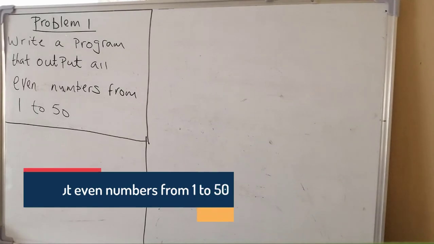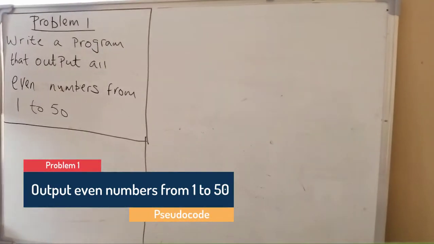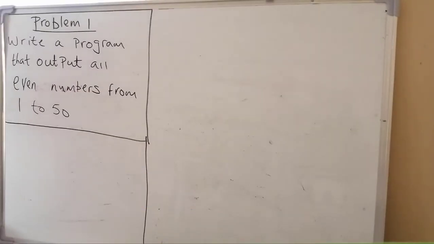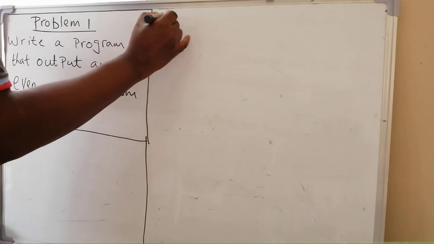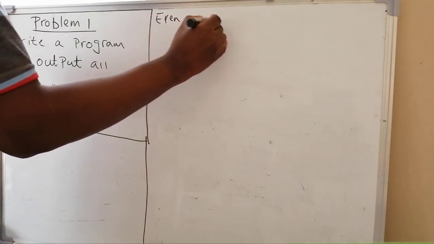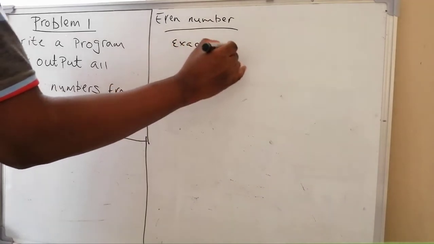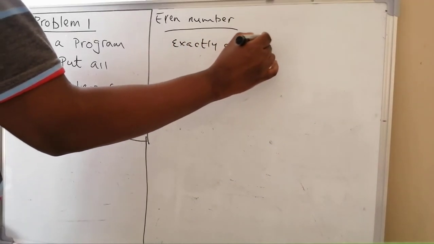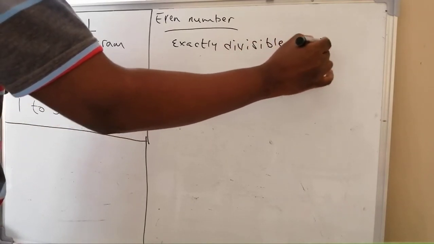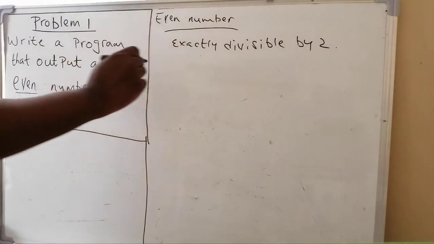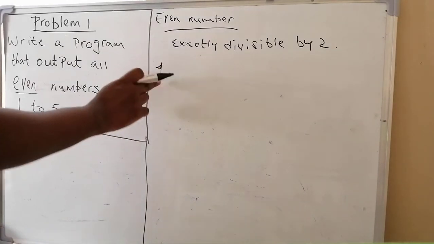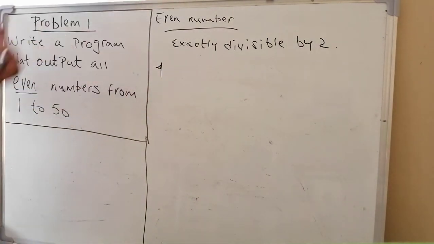Okay, so in this particular problem of using for and next loop, we're going to look at a program that outputs all even numbers from 1 to 50. So let's do a recap of what is an even number first of all. An even number is exactly divisible by 2. In fact, it means that if I'm testing 4 and I wish to prove that 4 is an